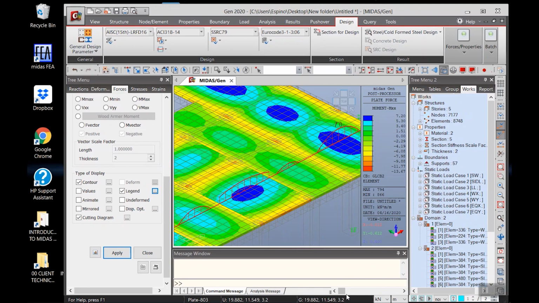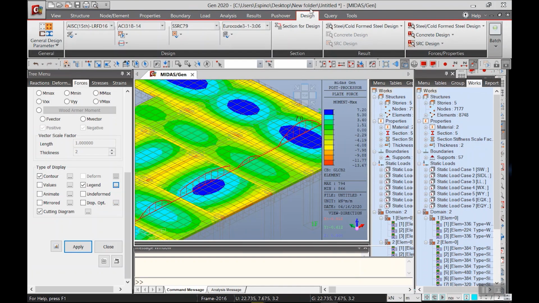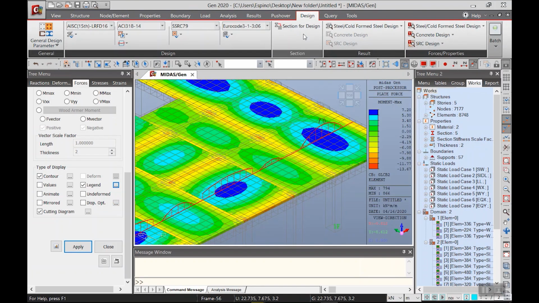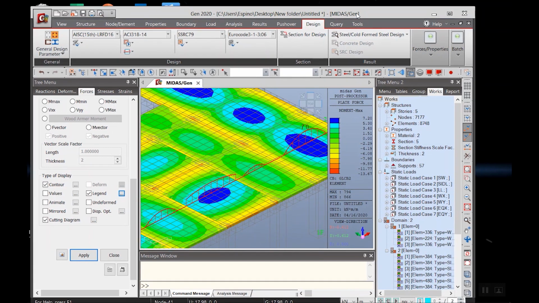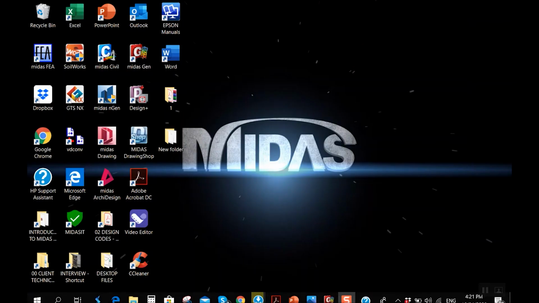The Wood-Armer moment method is a method in structural analysis based on a finite element analysis, or FEA. It is used to design the reinforcement for concrete slabs. These methods provide a simple equation to design a concrete slab based on the output from finite element analysis software. So in our presentation,